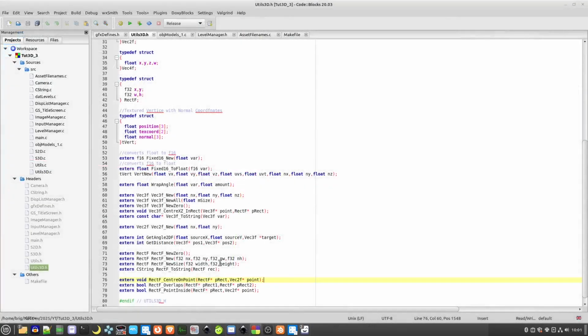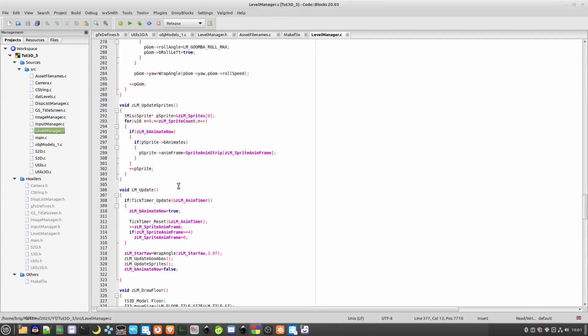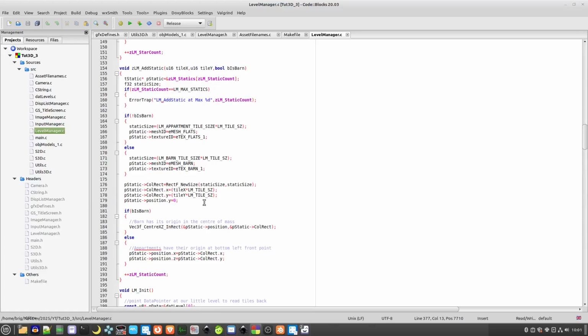And there's a function for that. There's another function which I use here as well, which does the opposite. This centers a vector free inside of a rectangle float, and there it's regularly used to construct the scene here. If you have a look in some of these construction functions, you'll see